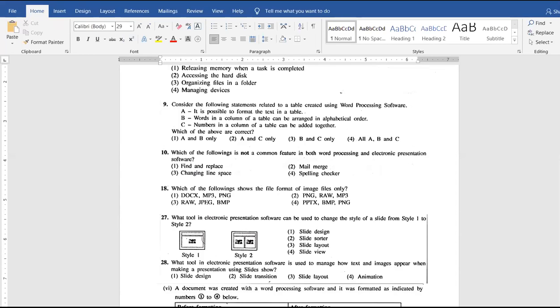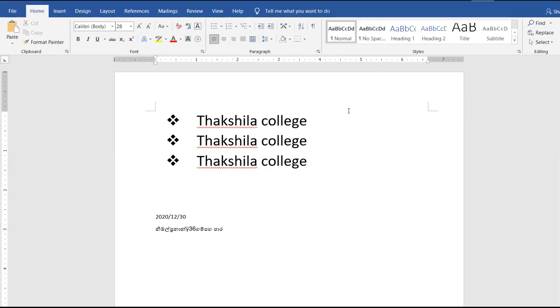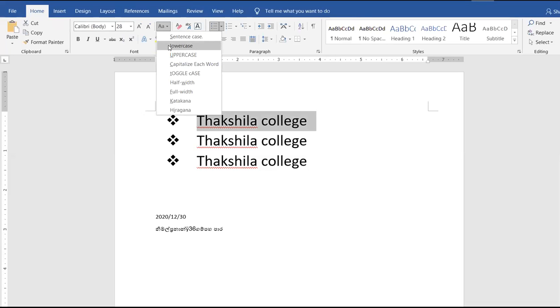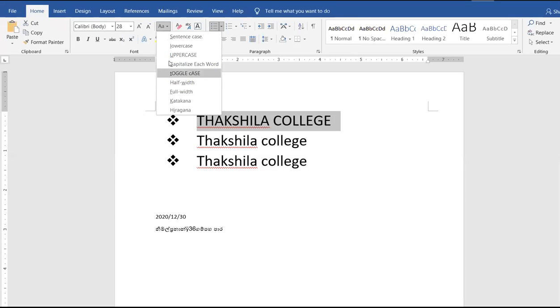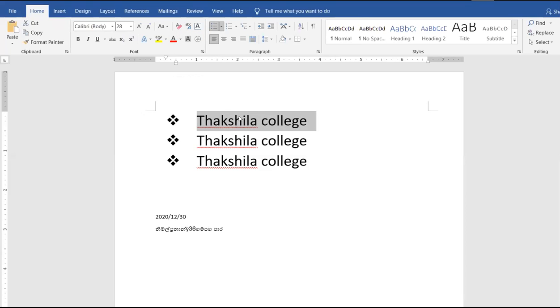A, simple A and capital A. Yes, someone asked me, sir, the function of simple A and capital A. What is the function of simple A and this one? So here you can see that I will do that. Now I want to make this Takshila College as simple and capital. When I use this, you see, I can make all these letters lowercase. All are simple. And I can make all the letters capital, Takshila College, right? When I use this, that is uppercase, lowercase, sentence case, like this, that means the first letter,